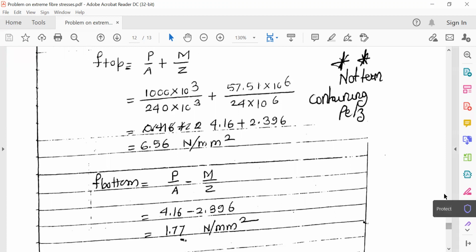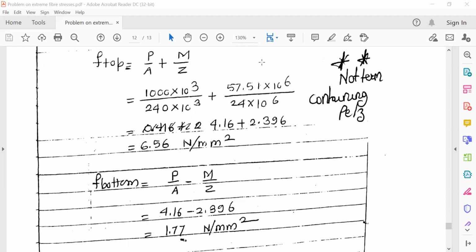क्यों? Yes, anyone can let me know कि यहाँ पे हम PE by Z का term क्यों नहीं include कर रहे हैं? Just read out the question, आपको समझ में आ जाएगा. क्यों नहीं include कर रहे हैं हम PE by Z का term? Because in the earlier sums, every time we had included the term of eccentricity also. Yes, the eccentricity is 0. That's why we are not going to include the eccentricity term over here.